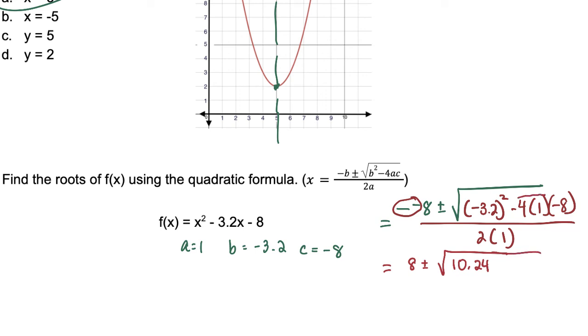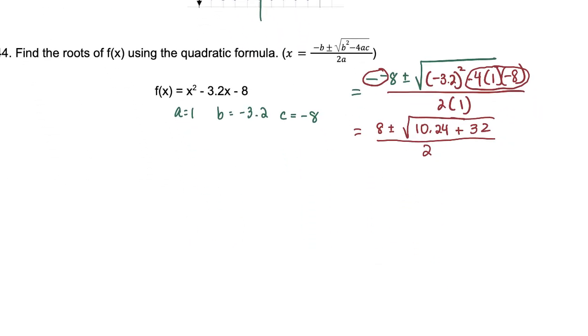And then I'm going to do all this multiplication because I've got to do that before I do any additions or subtractions. So that's 4 times 1 times 8. There's 2 negatives. That comes out to positive 32. 4 times 1 is 4, and 4 times 8 is 32. 2 times 1 on the bottom is just 2. So we're almost there. See, we're just cleaning up what's in the radical. Let's see here. 10.24 plus 32 is the square root of 42.24